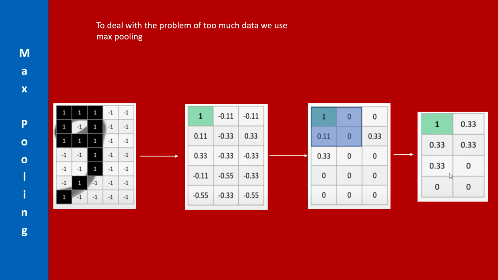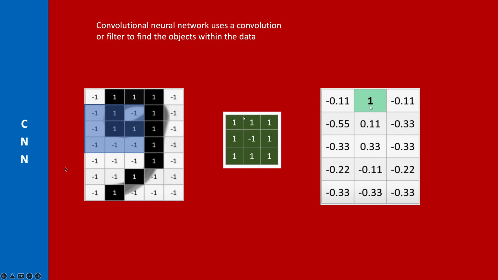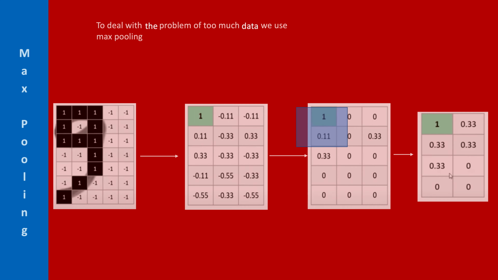In our digit 9 example here, the digit is moved to the left side. Previously, if you see, it was in the center of our image. Now it's on the left side. So you can see we first apply our convolution or filter to get the identification where the loopy head of 9 is, and you can see it's here at the top left corner of our image, right? Then